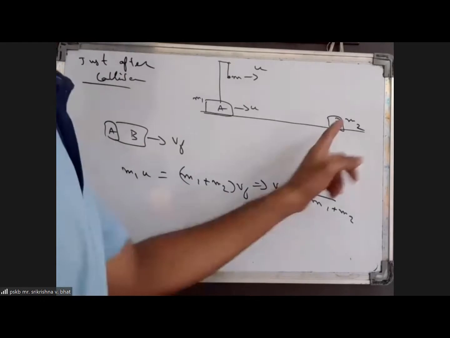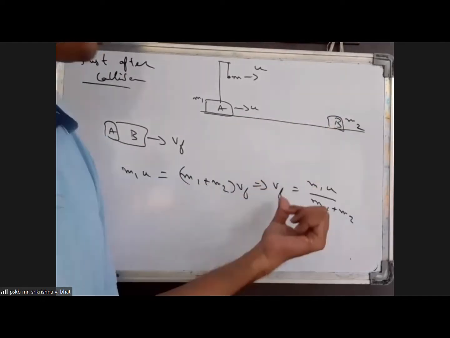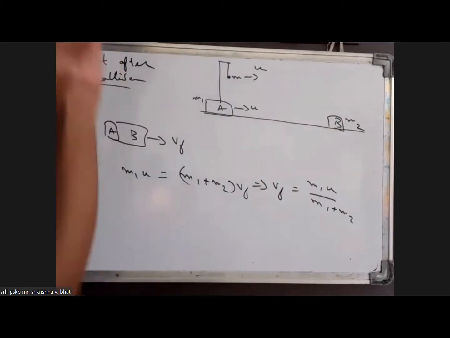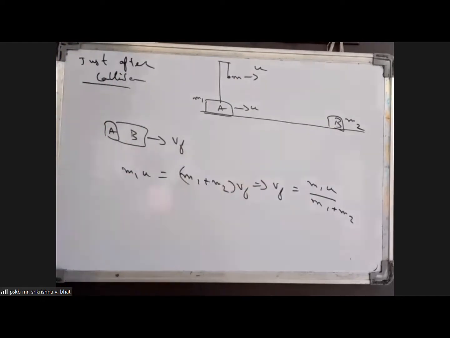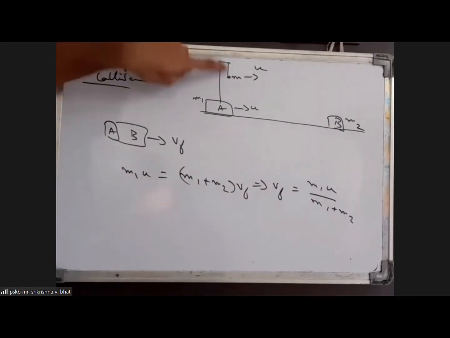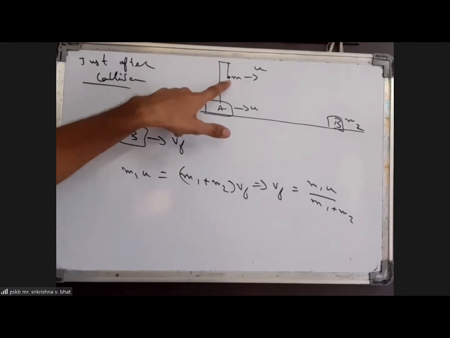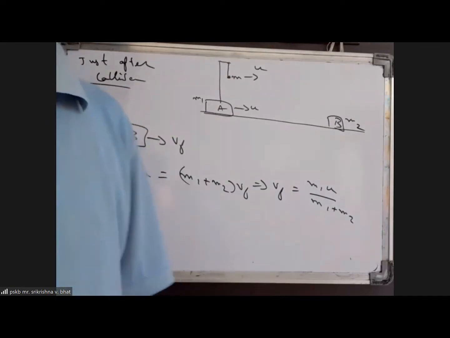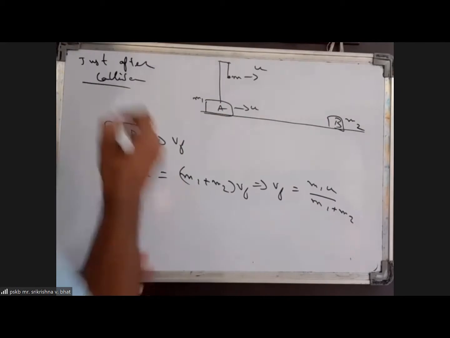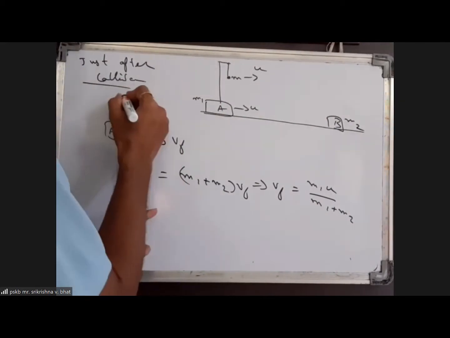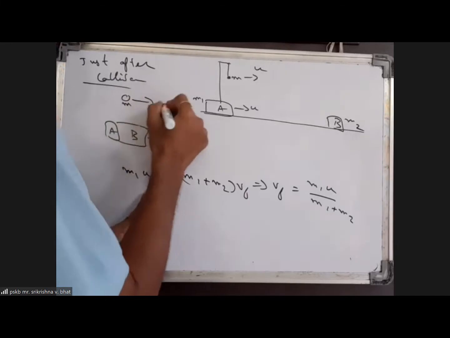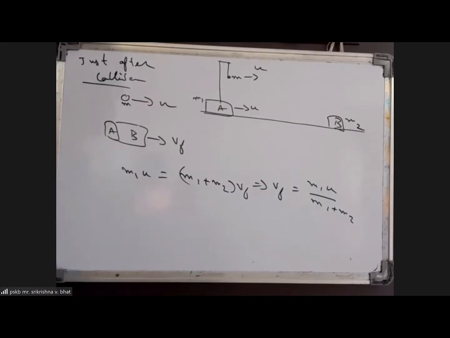Once we get the final velocity of A and B combined, we can say that since there is no impulse developed in the string during the impact, the velocity of the small ball m is not going to change due to the collision. It will still remain u. So just after collision, this ball of mass m will have velocity u. Its velocity does not abruptly change.